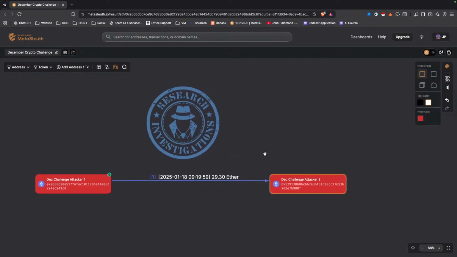One of the benefits of MetaSleuth is that once you've finished, not only can you download a huge image, it's like 17 megabytes, massive, you can also download the CSV data. There are two transactions here. If I click download the CSV data, it's going to show me row by row each of the transactions from and to, the asset amounts, the value amounts, and things like that. So I really recommend that.